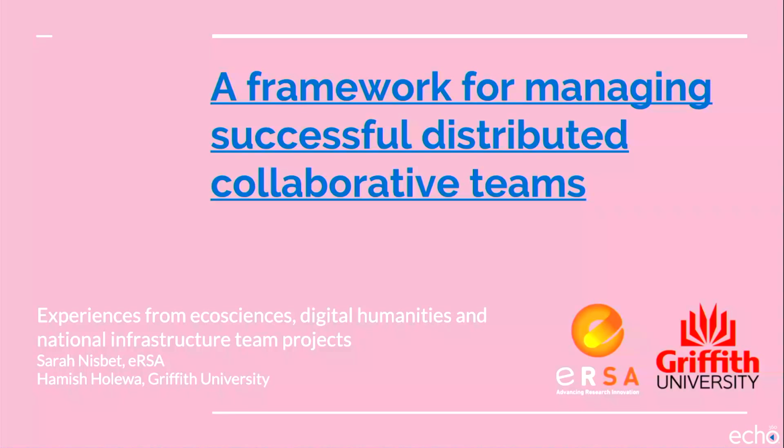So for us, and for me, when we talk about distributed teams, we're talking about teams where the members are distributed nationally. The project that I'm currently working on, we've got project members who are in Adelaide, myself in Canberra, Queensland, and Victoria. So definitely distributed nationally in that example, but I think there are some tips here that you might want to employ if you have a team that's even just down the hall or in different buildings. Some of the challenges that we've come across can occur even when you're not really that far